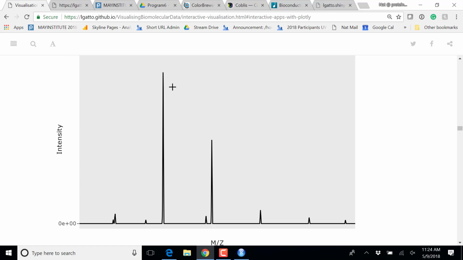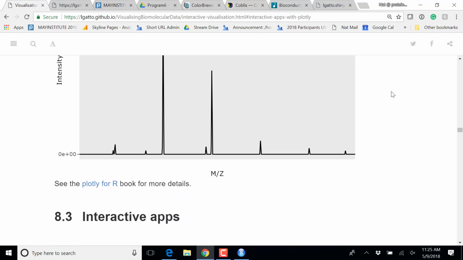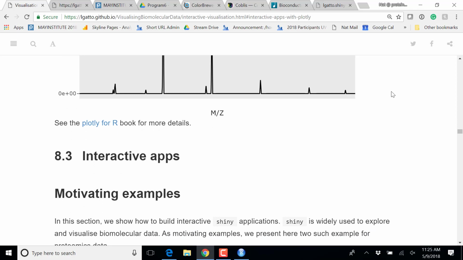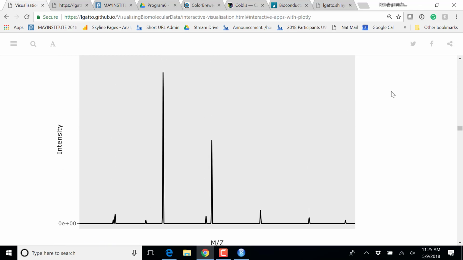5673, so these are doubly charged ion, and here we have the isotopic envelope of that ion. So I was quite pleased to see how seamless this is to apply to our mass spectrometry data that we have seen yesterday. Okay, so Plotly and